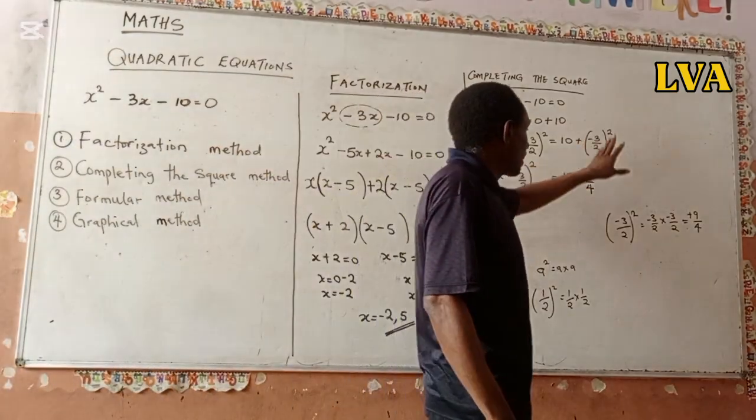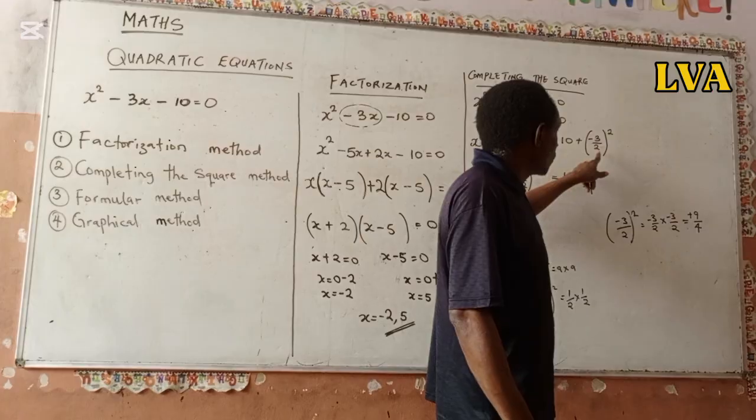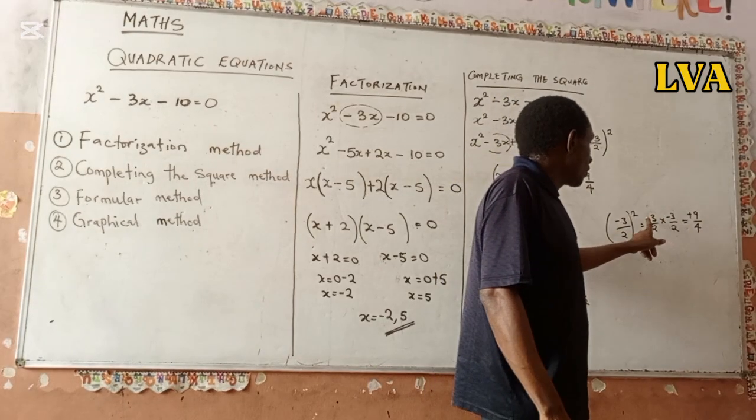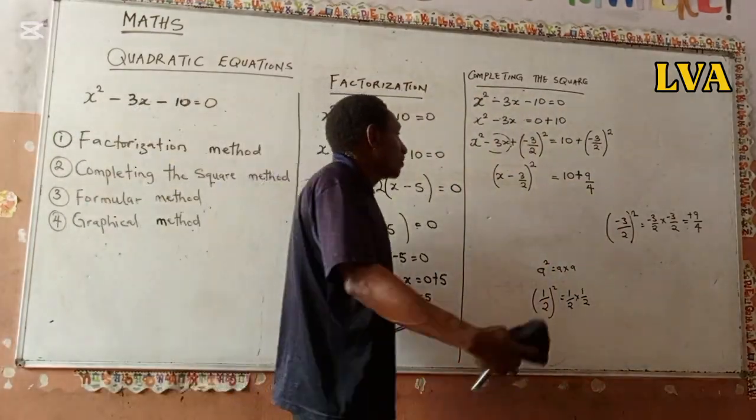So I have brought 3 out here, so you see how I got the plus 9 over 4. See that? Minus 3 over 2 raised to power 2 means minus 3 over 2 times minus 3 over 2. You multiply, you have plus 9, 2 times 2, you have 4. That's how this comes about. So now,